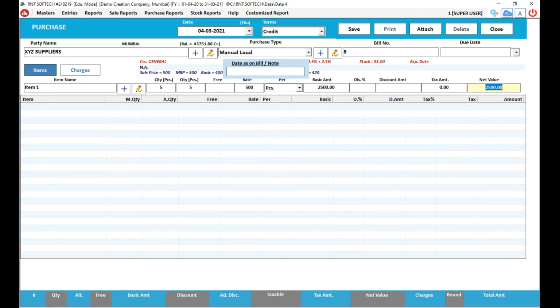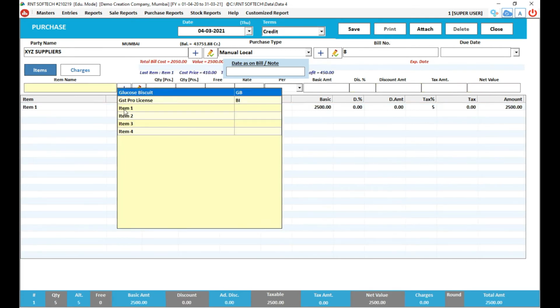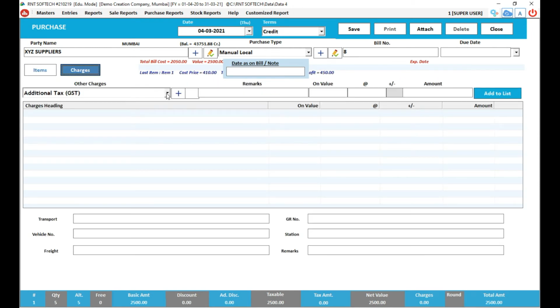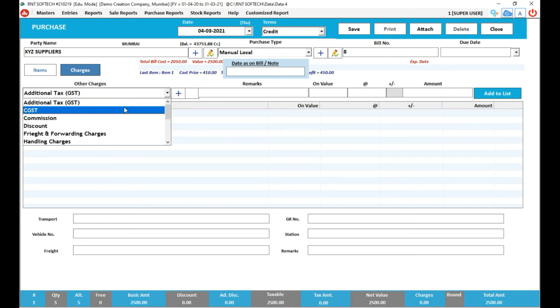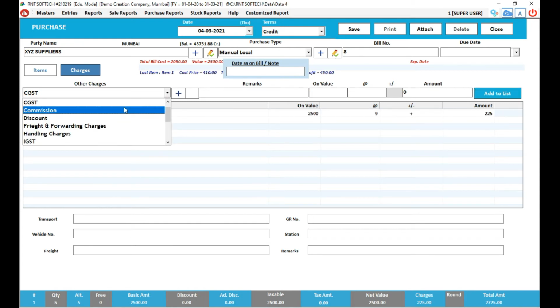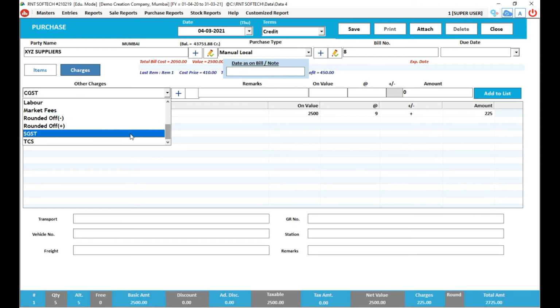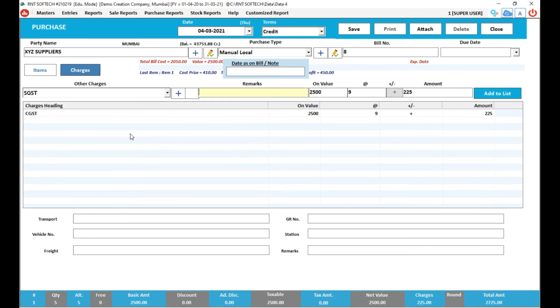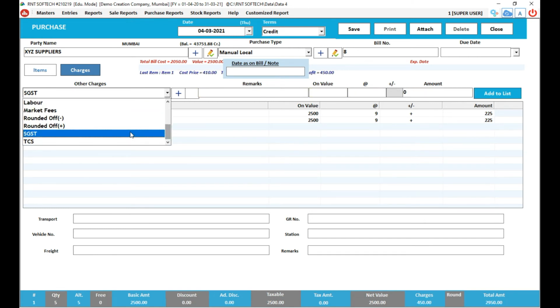Tax amount it has not shown because we have kept it manual. Now we are adding the tax amount. Go to charges. Go to CGST. Click. On the value 2,500, 9% on this is 225. Add to the list. You have added, it becomes 225. Go to SGST. Click. On value 2,500, 225 is the amount. Add to the list. And here it is.